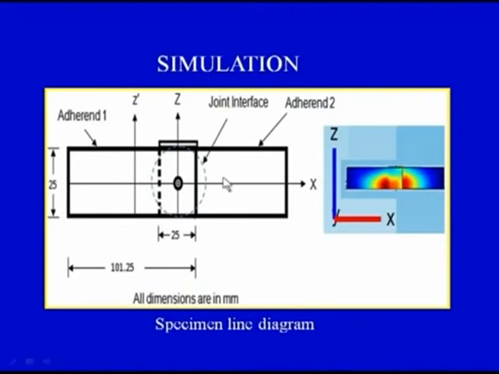So 1 and 2, there are two adherents, and finally we have put a susceptor here to accelerate the rate of heating. This is a susceptor, and the joint will form over this bond area. This dotted circle indicates the joint interface where the joining would take place. On this side also we can see the actual finite element result plot, or a contour plot, which indicates that the temperature is higher in that particular zone and the joining is going to take place.